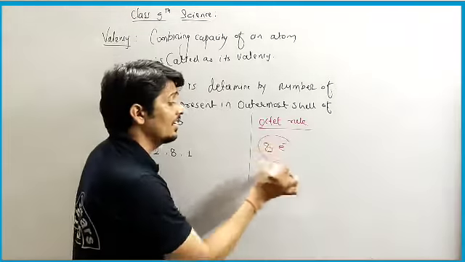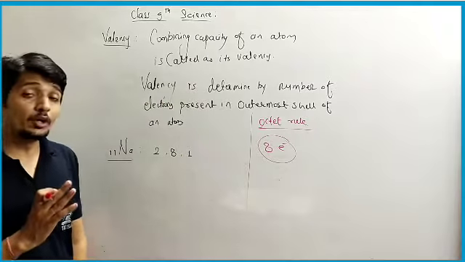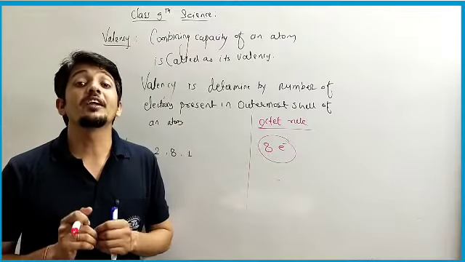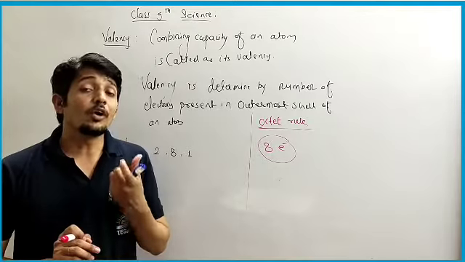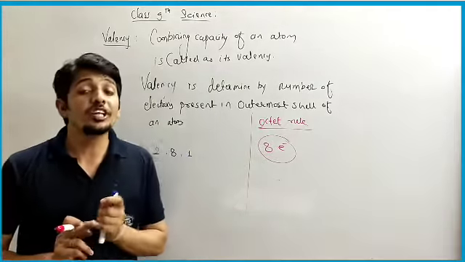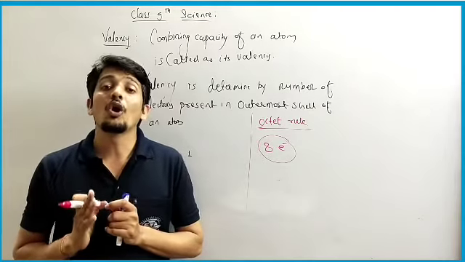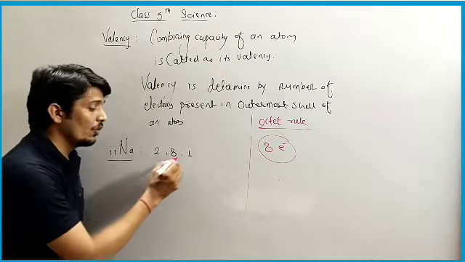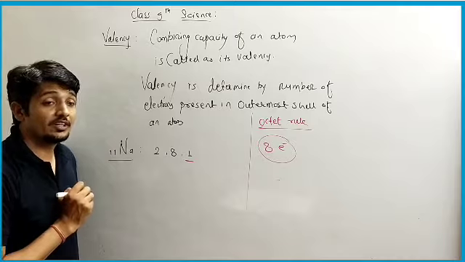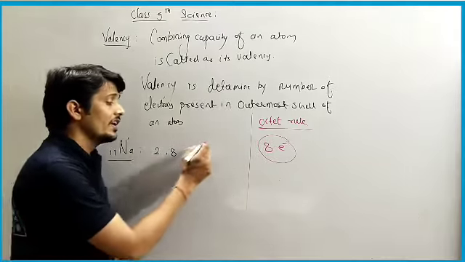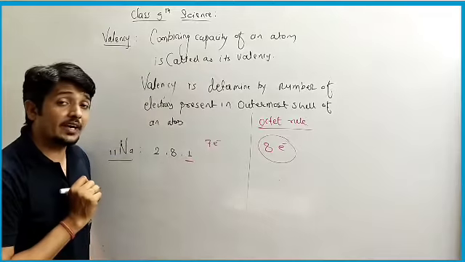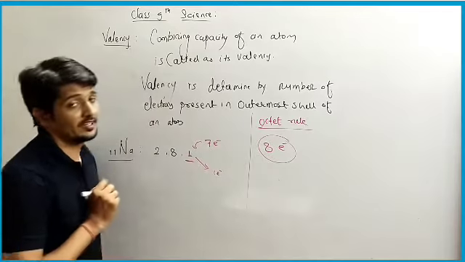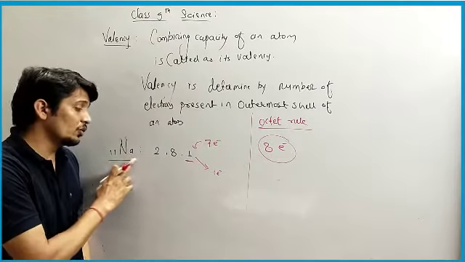So if 8 electrons are not there, what will the atom do? Atoms will either lose electrons, or share electrons, or gain electrons. So in order to acquire stability, an element will lose electrons, gain electrons or share electrons with another atom. Okay, so in the case of sodium we have only 1 electron in its outermost shell. So now what will be the condition for sodium? Either sodium will gain 7 electrons, or it will lose this 1 electron. So what will be easy for sodium to acquire stability?